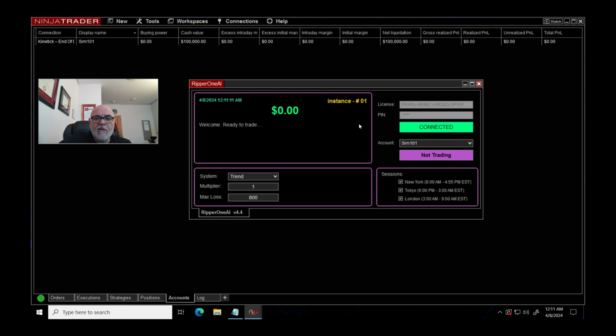So once you have this active, you pick whatever automation package that you purchased. If you have all three, you would open up the bot 3 times. I'm not going to do all that because it all works the same. I'm just going to pick one. Let's say mean reversion, which I did purchase. I picked the account I'm going to trade. Like I said, I'm just going to use sim here, and then you click right there, and boom,